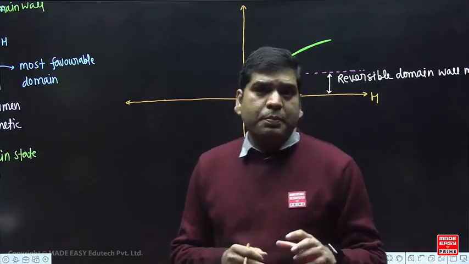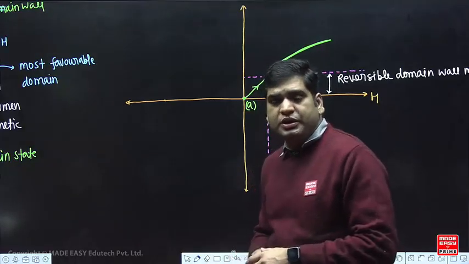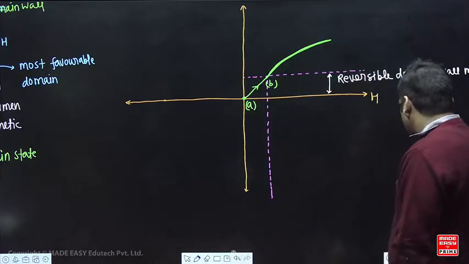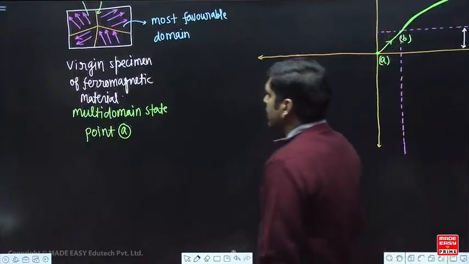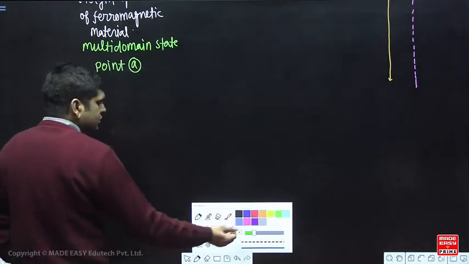So in the absence of magnetic field, you will get non-zero magnetization. That means some spontaneous magnetization will take place. आइए इसको explain करते हैं कैसे यहाँ पर. So when we start increasing the magnetic field, then